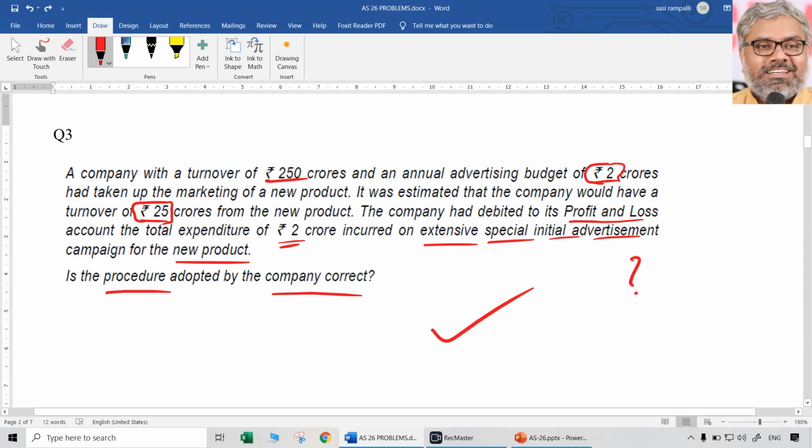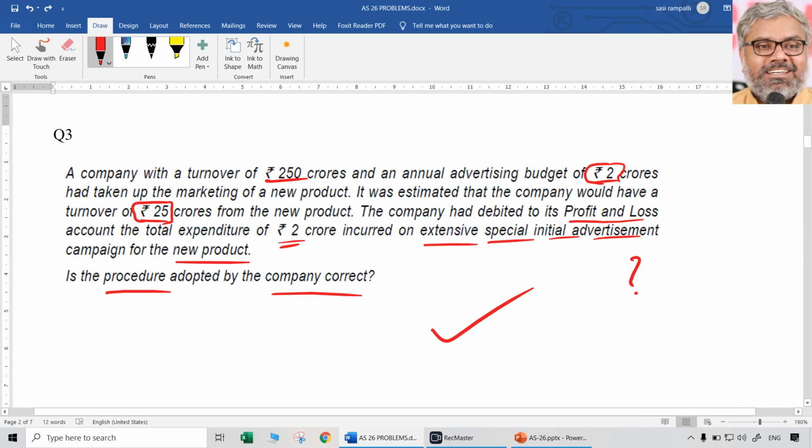Once again, even though logically it may not be absolutely correct, according to accounting standard, there is no option. Not only in India, throughout the world, this problem is there, and that is continuing so far, unless another procedure comes out to identify the advertising intangible also as a separate standard. Till then, we have to definitely charge this advertising expenditure to P&L account. That's what the company did. There is nothing wrong that the company has done.